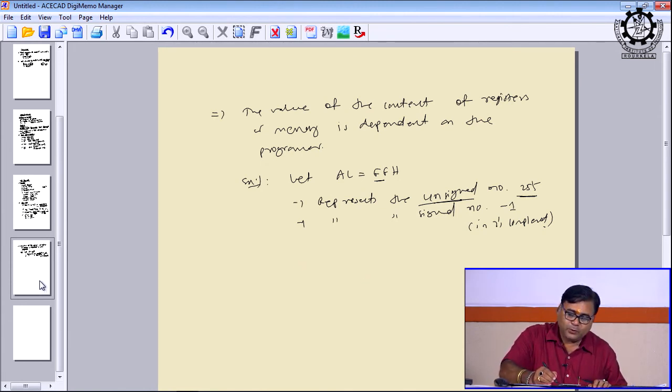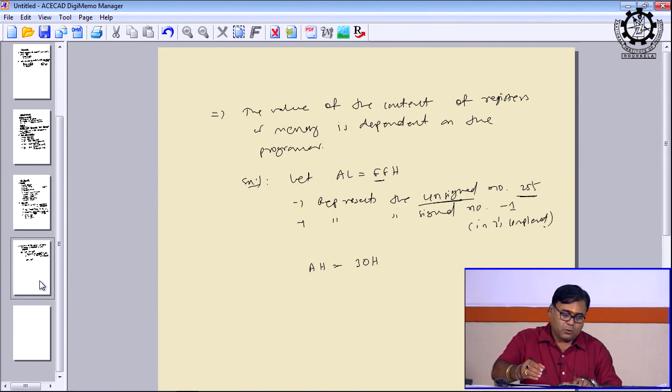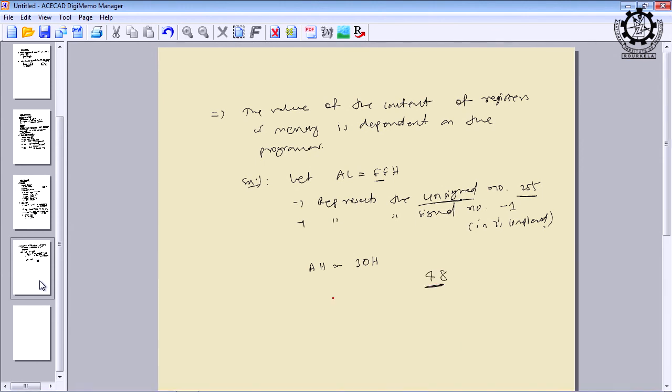Similarly, if you have the value 30H, what is the decimal number? 48. 3 into 16, 48, plus 0, 48. If you convert from hexadecimal to decimal, it also represents the character 0. How?